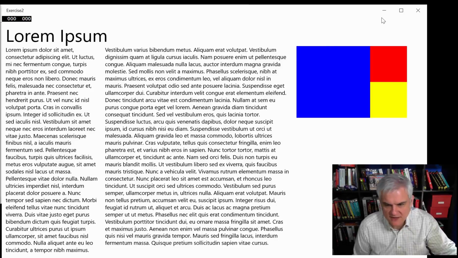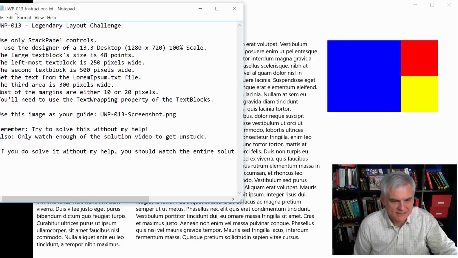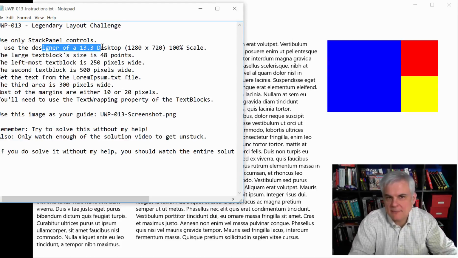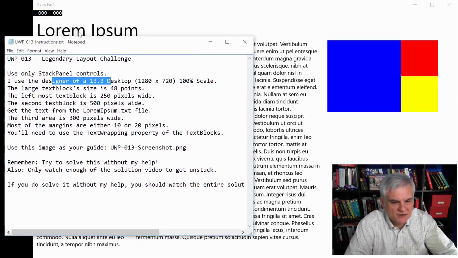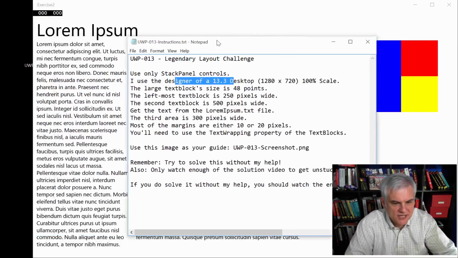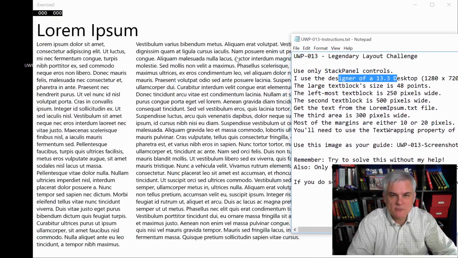Let's take a look at the instruction file. Let's see where I got here. Great. All right, again, Legendary Layout Challenge, only use stack panel controls. The designer I set to 13.3 desktop 1280 by 720 100% scale. That might help you as you're building this. You're going to need a little bit more horizontal space to work with. This text block at the very top is 48 pixels. The leftmost text block will be 250 pixels wide, and then the next one will be 500 pixels wide, according